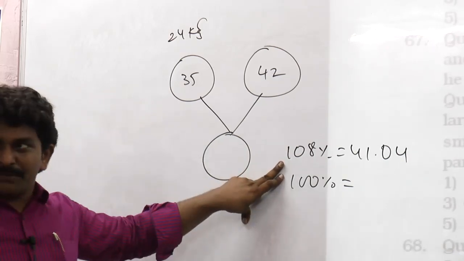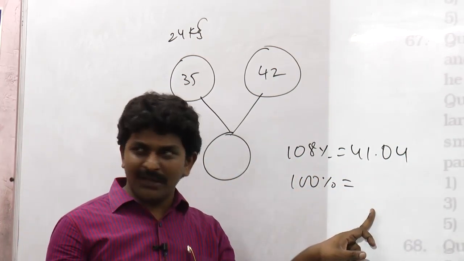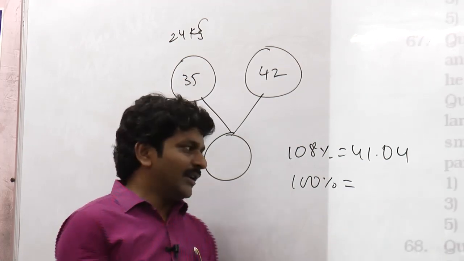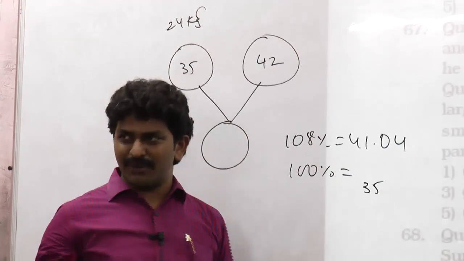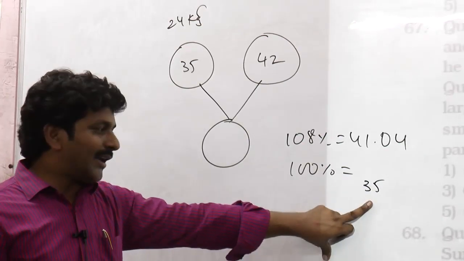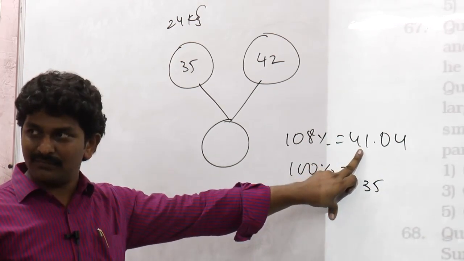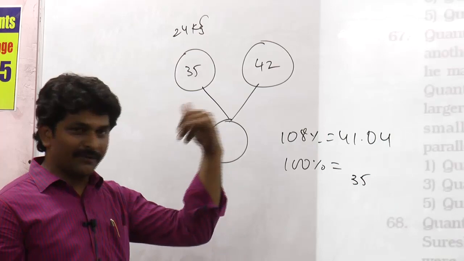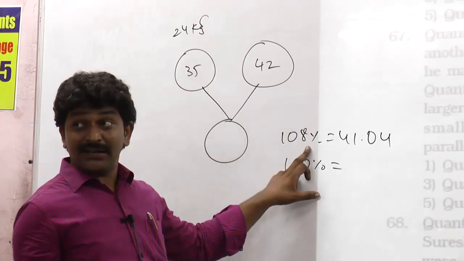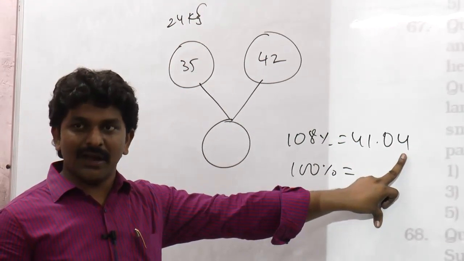Here we have a difference of 8%, which is very negligible. So the answer should definitely be in the 30s, less than 40s, right? It cannot be even 35 rupees, because 10% of this number is 3.5. When you add 35 and 3 and a half, you will get 38 and a half. This is more than that. So the 100% value should definitely be more than 35. But when you add 8%, that number should end with 4.